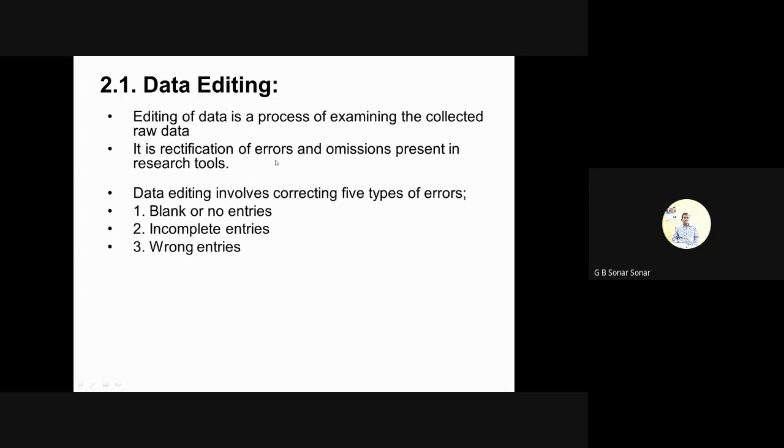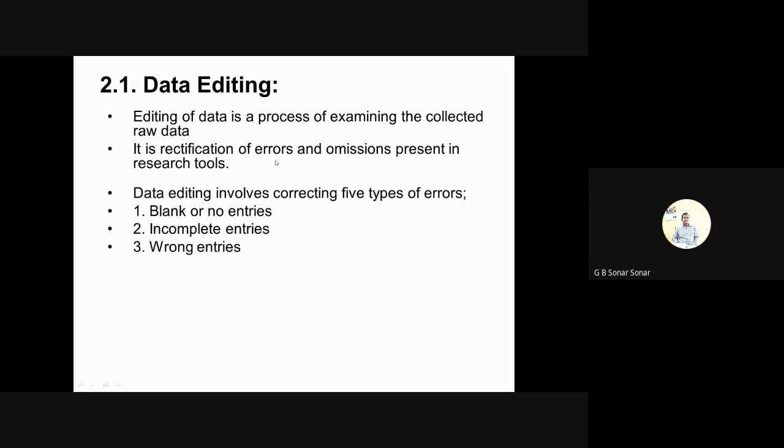1,50,000 is the income, which is supposed to be written in front of income, which is written in front of the age. So like that, there will be possibilities of recording wrong answers. Maybe the answers of other questions or some irrelevant answers might have been recorded. So the researcher during this first sub step of data editing should correct these types of wrong entries usually made